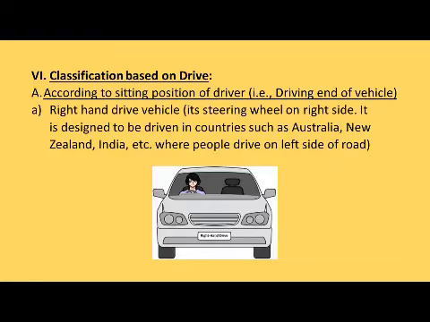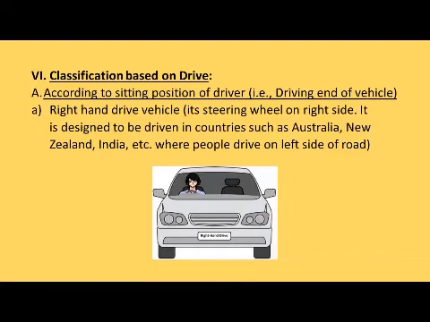Then the next classification is based on the drive. Here we will have two types of classification. The first one is according to the sitting position of the driver, that is driving end of the vehicle. Right hand drive vehicle. Here the steering wheel is on the right side. Okay, so the driver is sitting on the right side. It is designed to be driven in countries like Australia, New Zealand, India, where people drive on the left side of the road. The driver is sitting on the right side and the vehicle is being driven on the road